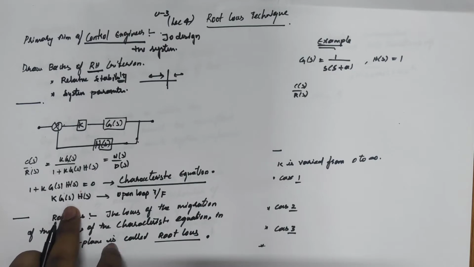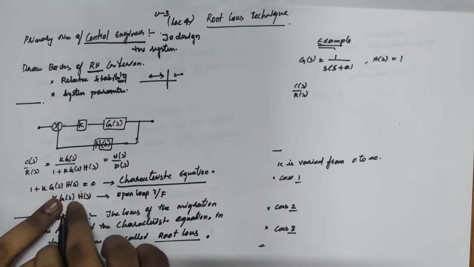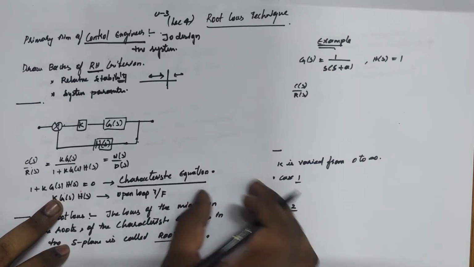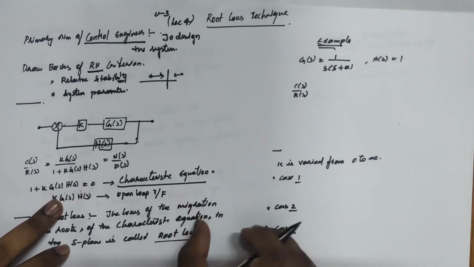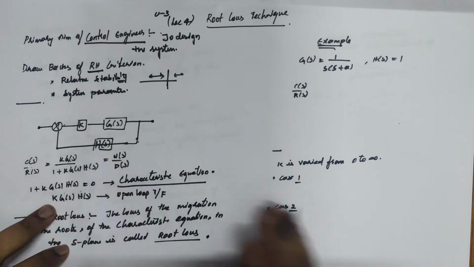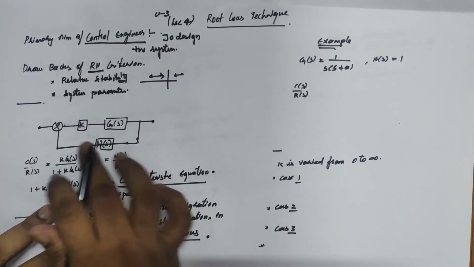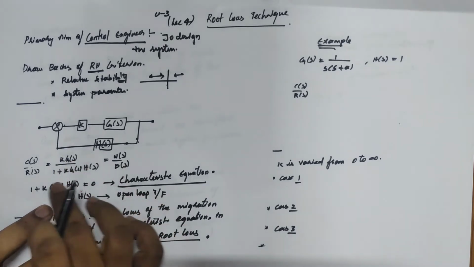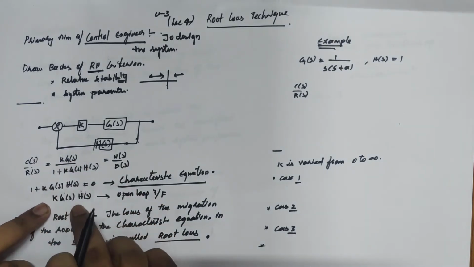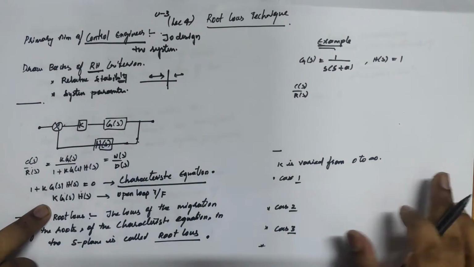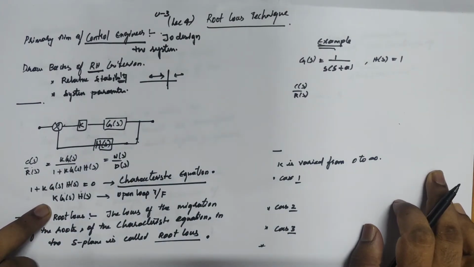So if you observe the location of poles, this transfer function has poles. If you observe the behavior of the poles, it gives the information of the whole closed loop transfer function. That is the idea. We need not do the closed loop transfer function pole location designs. If we observe the poles of the open loop transfer function, it ultimately gives information about the closed loop transfer function. That is the idea.